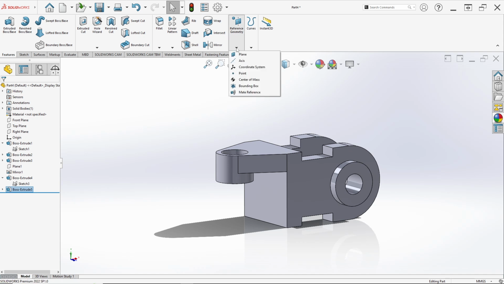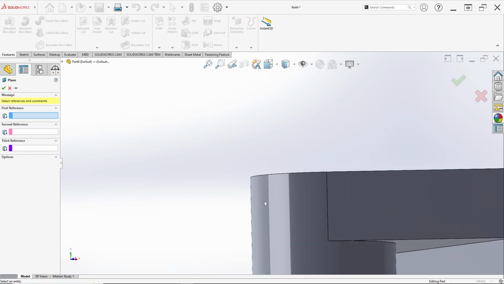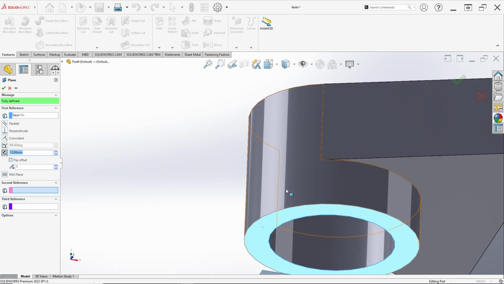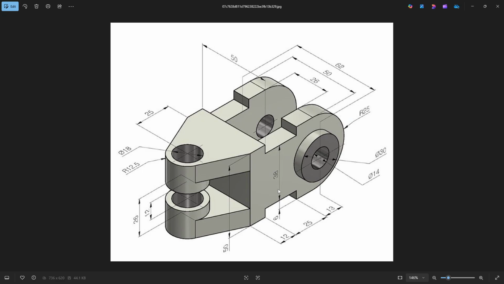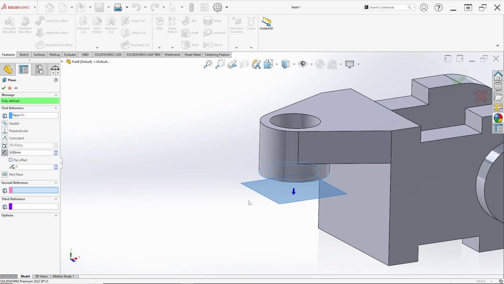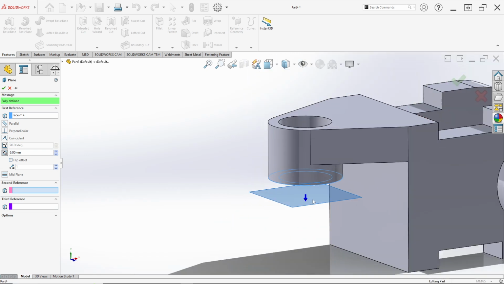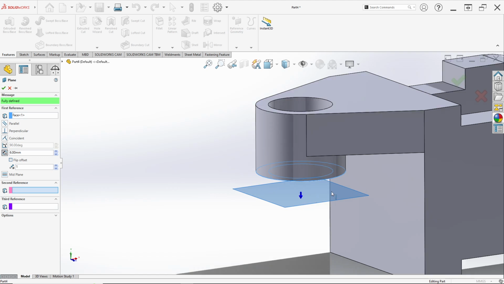So select the reference geometry again and make a plane to mirror in here. For the first plane, we can select this face. In here, in the center you have a distance of 12. So in here we just make it to the center. So 12 divided by 2 is 6. So from this face to the center of the part we make a plane, 6 millimeter. Just click OK.